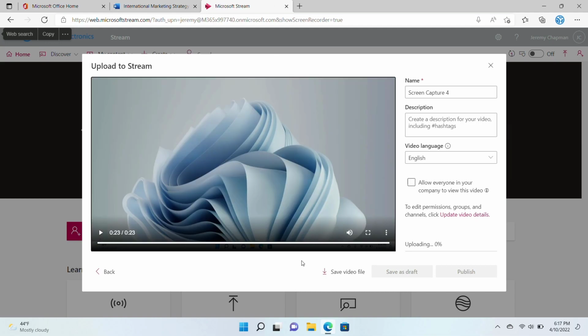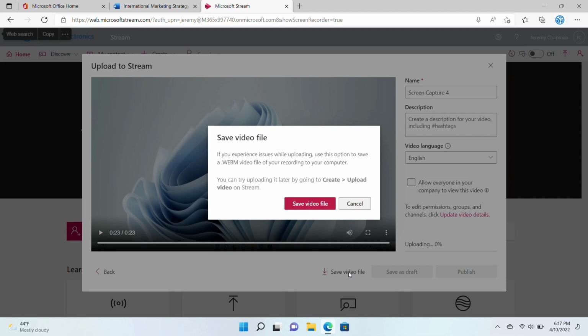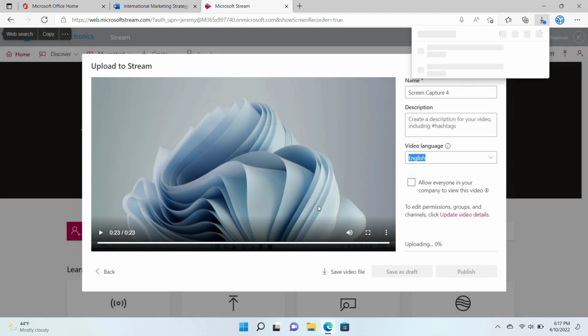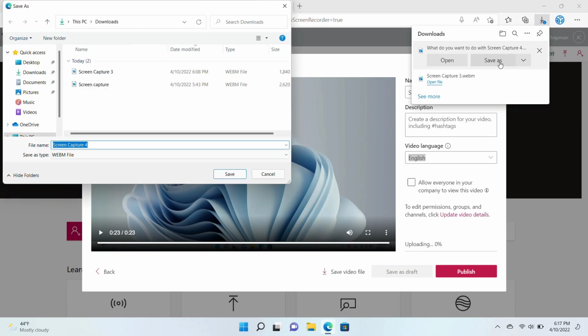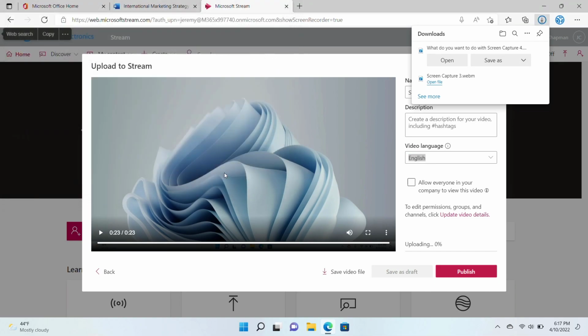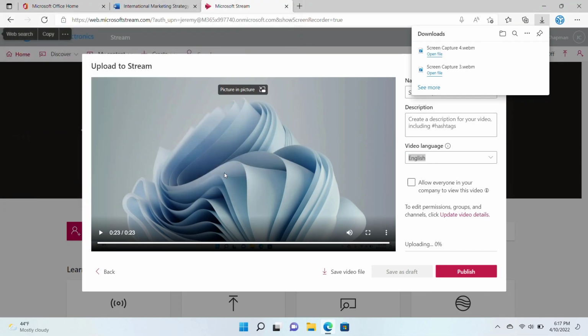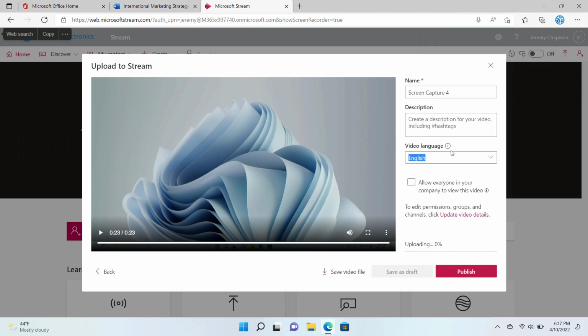And now if I go into save the video file, which I can do as well, I can manually save a file. And in this case, what we're going to see here is that it's saving as a .webm file. That's the video format that it saves as natively. I have a couple here saved already, so I'll go ahead and save this one. Now that one I can bring into an editing tool if I want to and edit the file, or I can convert it to an MP4 or whatever I need to edit the file if I want.